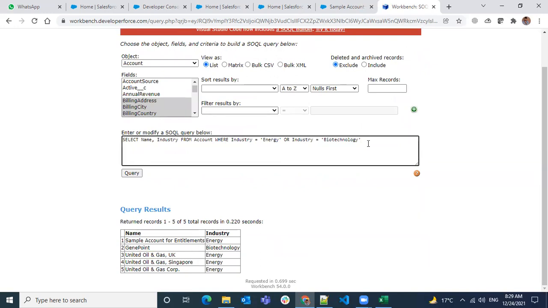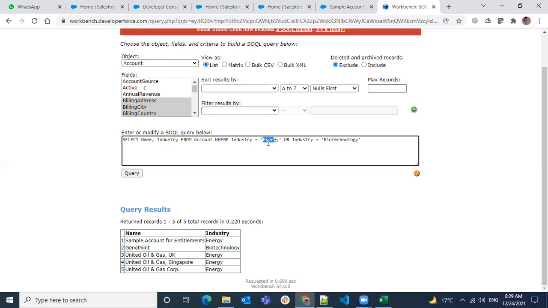So it could have more values. Let's say you're trying to get the data for 4 or 5 values, then you're going to keep on adding the ORs. So instead of doing that, we can use LIKE. LIKE is something you use when you have a similar keyword, like energy, where the same keywords are there. But here I have completely different values, and I know exactly what values they are.